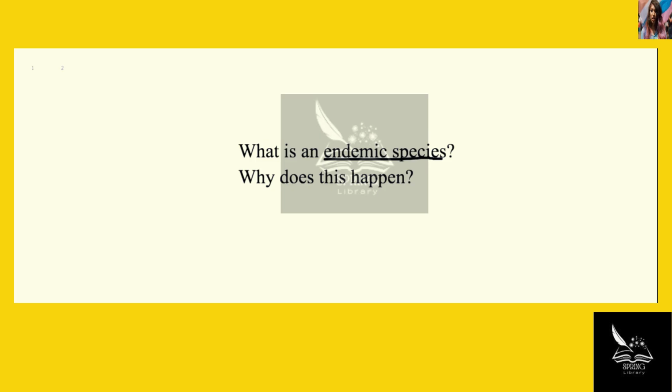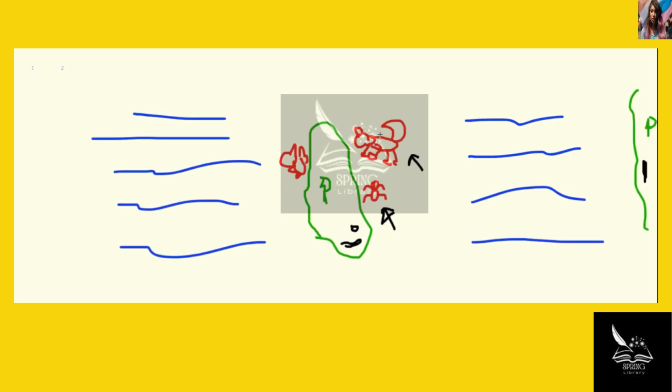All right, so this question is basically asking for your understanding of what an endemic species is and the logical explanations for why they might occur, given what you know about biology and evolution and ecology so far. So let's take a look first at endemic species themselves.